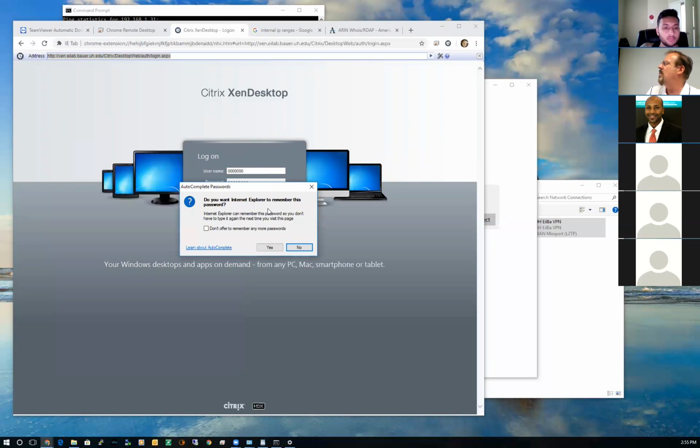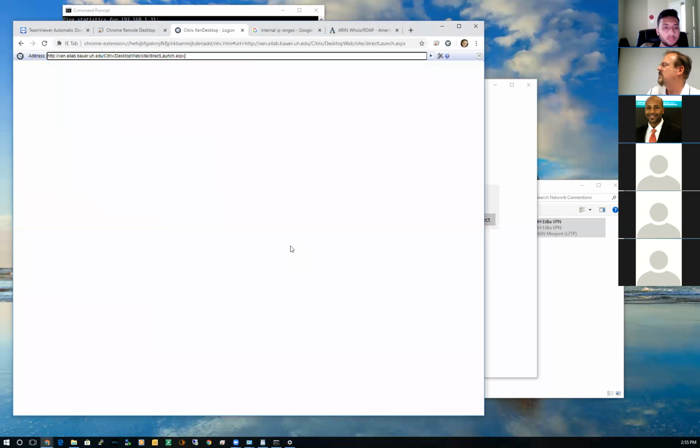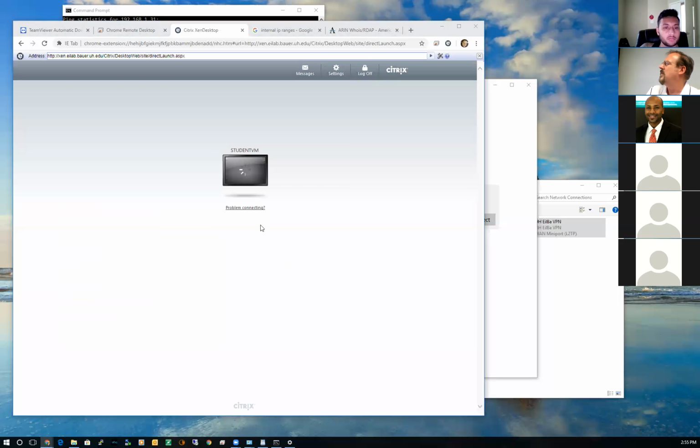Then you click log on. You want Internet to remember? No, I'm going to say no. The first time you run this, it might take a minute or so to finally come up with this little screen with a play button on it. And that's because it's actually going to be getting a new machine out of a virtual catalog